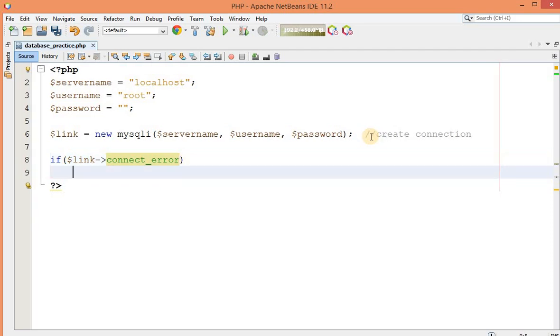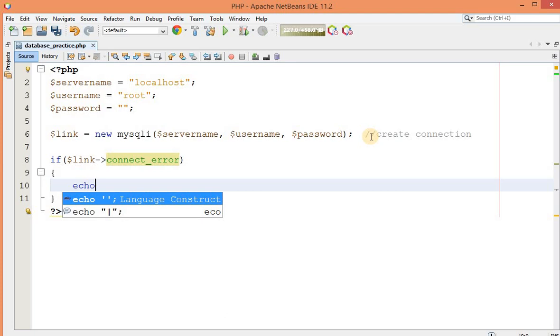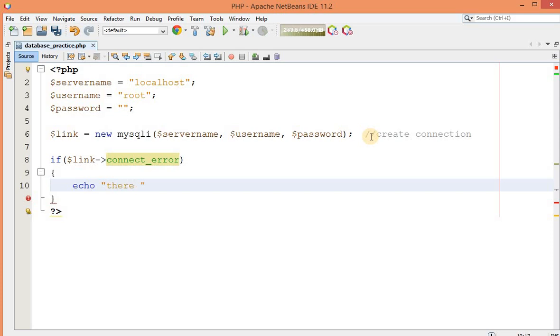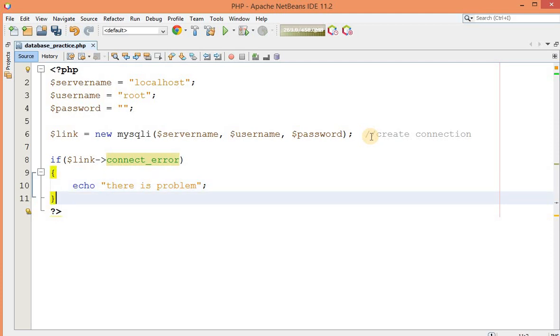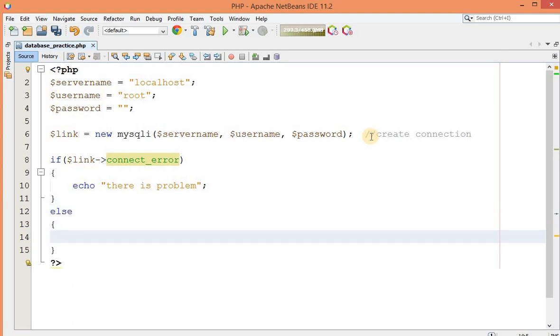Inside this, echo there is a problem, if this condition is true, otherwise else echo connection established.